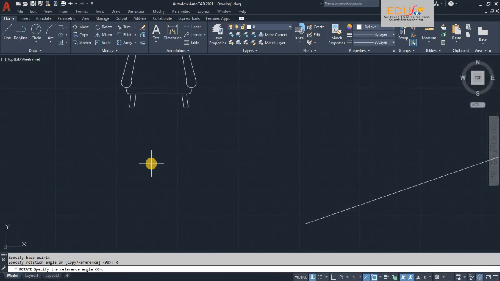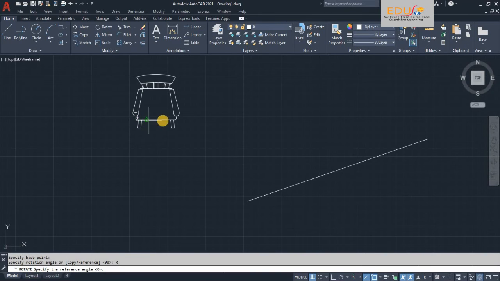What I require is that this line in this object should be parallel with this line. For that, the command is asking for the reference angle.